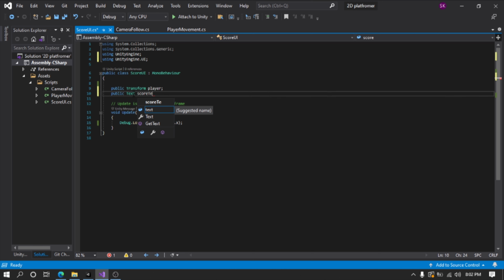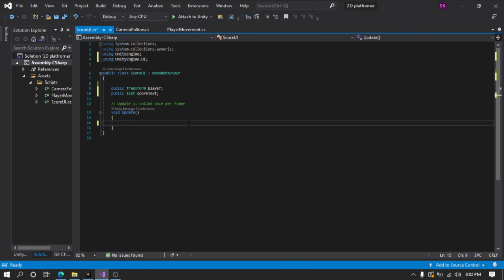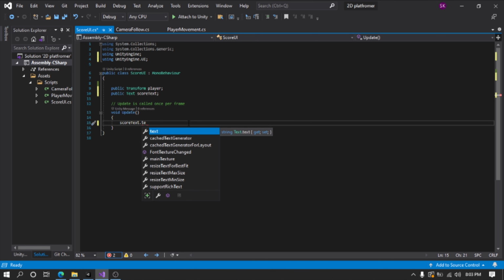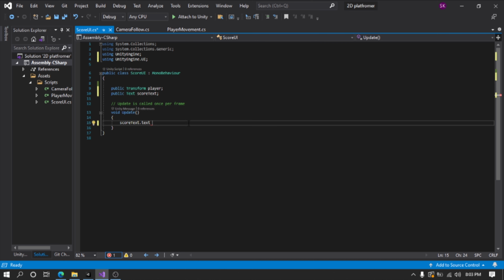I know, very creative name. I'm going to clear the Debug.Log function and type scoreText dot, and now I can access everything and change everything through code. If I type scoreText.color, I can access the color. I can also access the font size, but the thing we want to access is text. I know it's a bit weird because we are referencing the Text, and then in the Text component we are accessing the text. It's kind of weird for a beginner, but it is what it is.